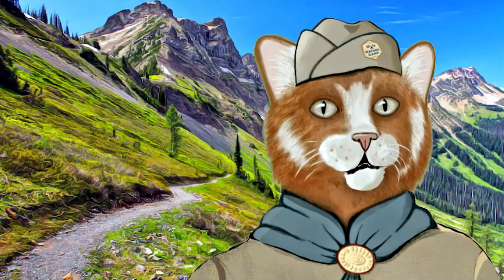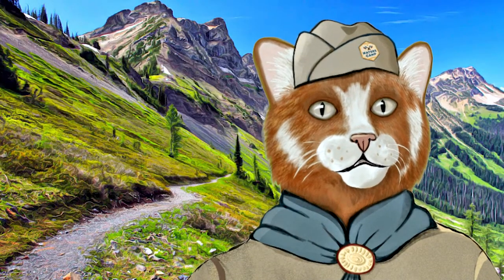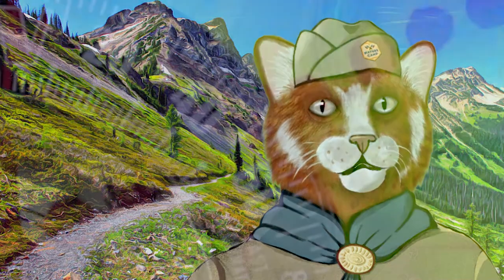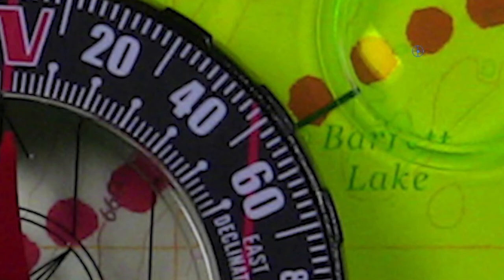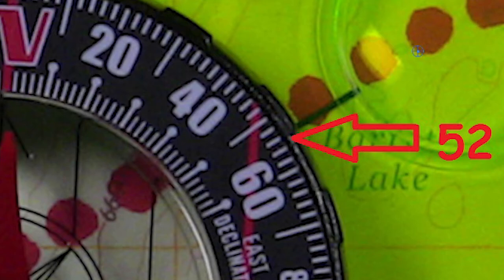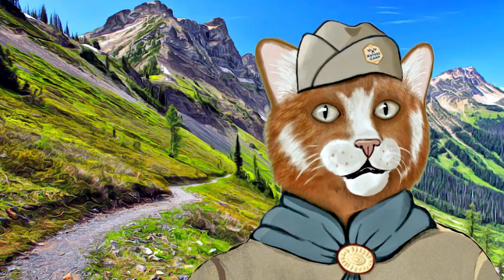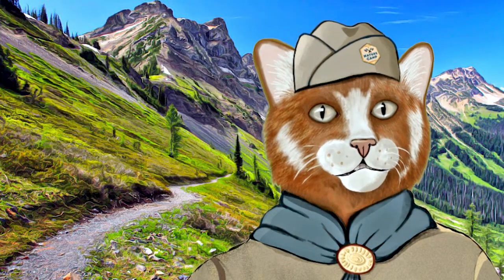Last, read the number of degrees for your heading by looking at the numbers on the compass dial to see which one most closely aligns with your direction of travel. That's going to be a number between 0 and 360. In this case, it's 52 degrees, which means your correct heading to reach Eiler Butte from Upper Twin Lake is to walk 52 degrees relative to north. Now, you can fold the map and put it away for a while because you know